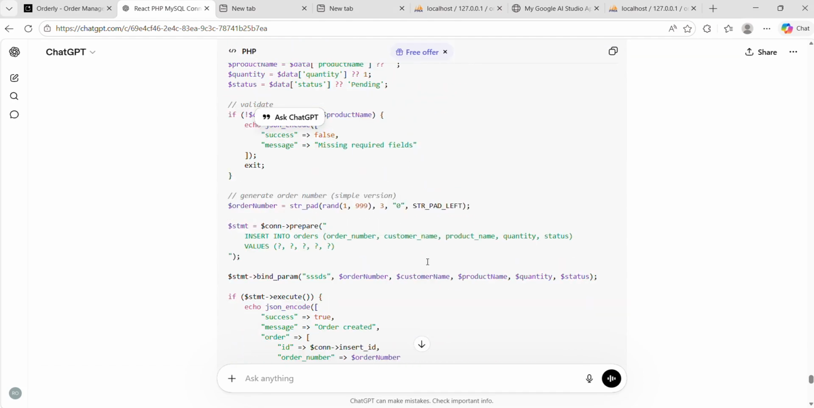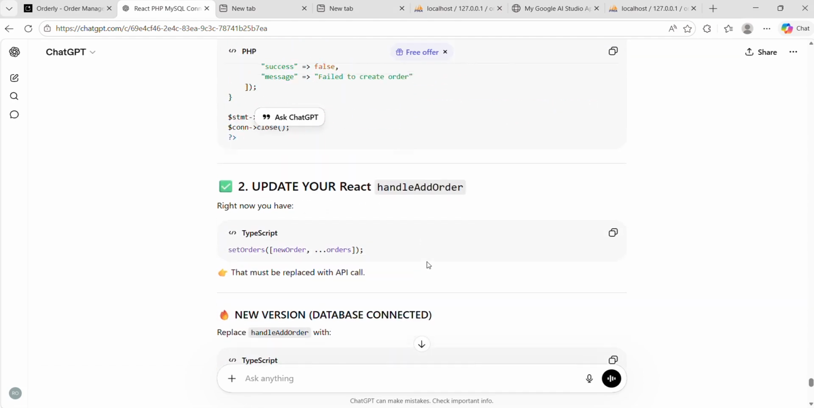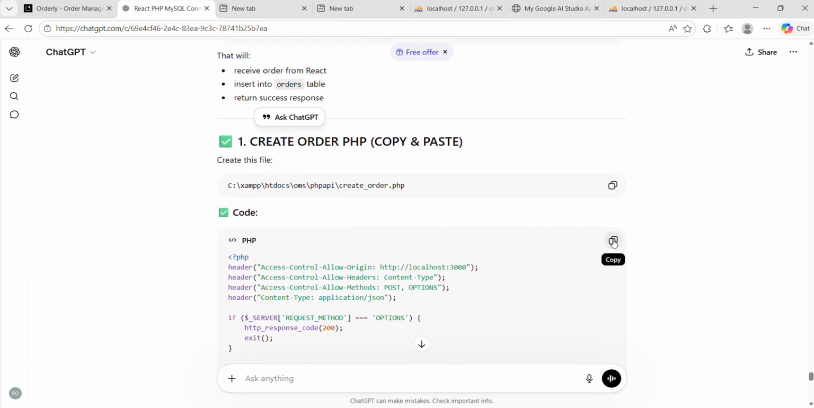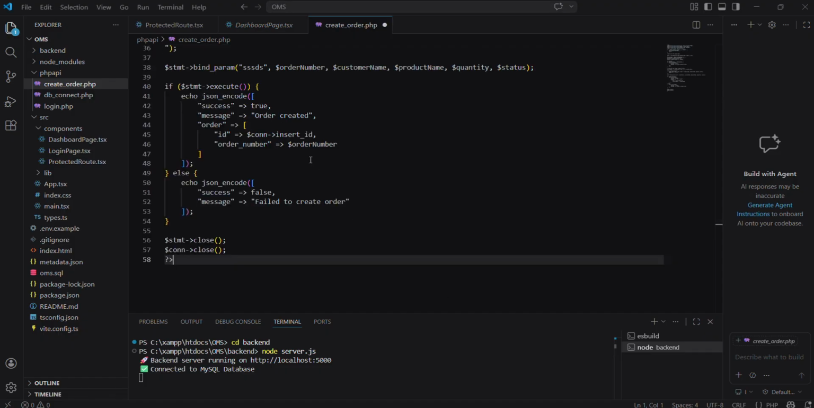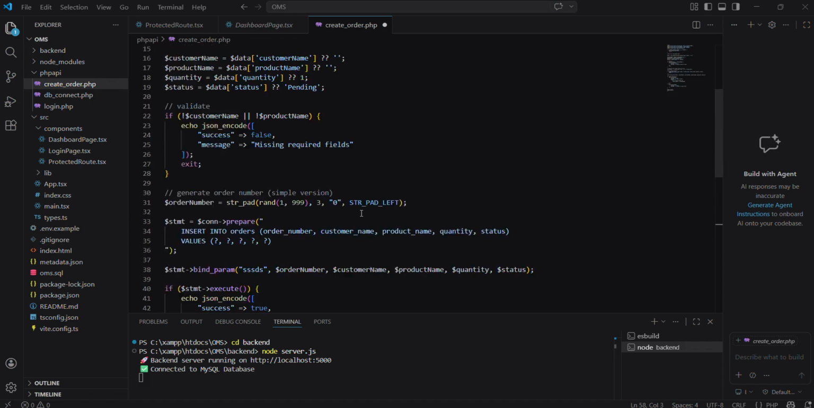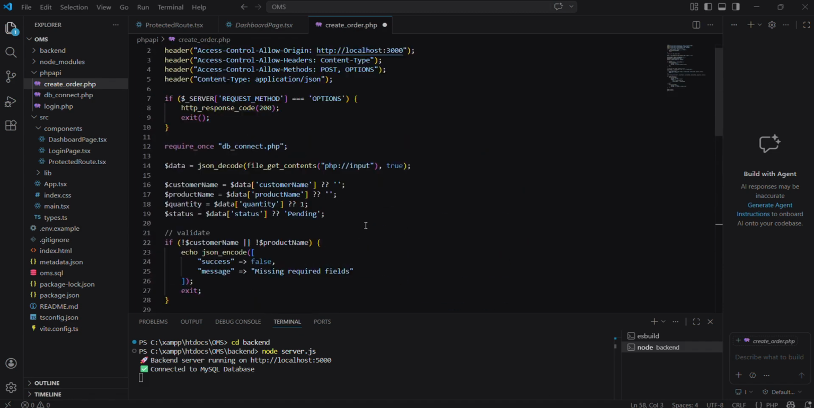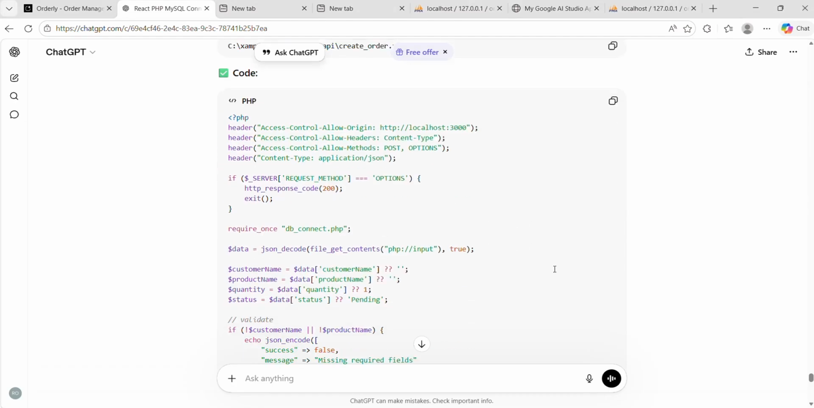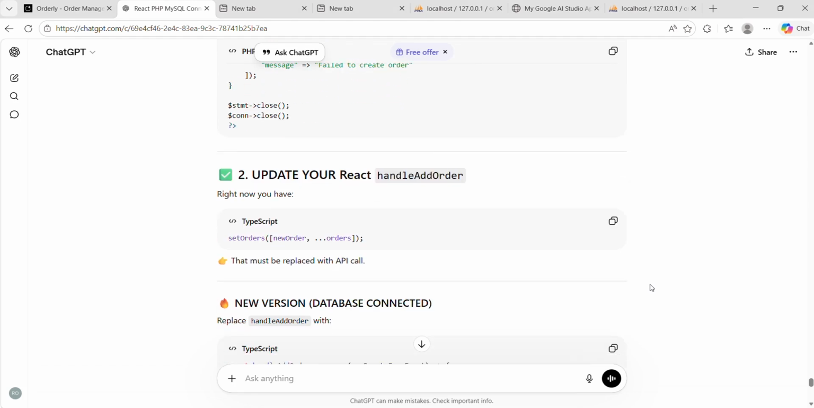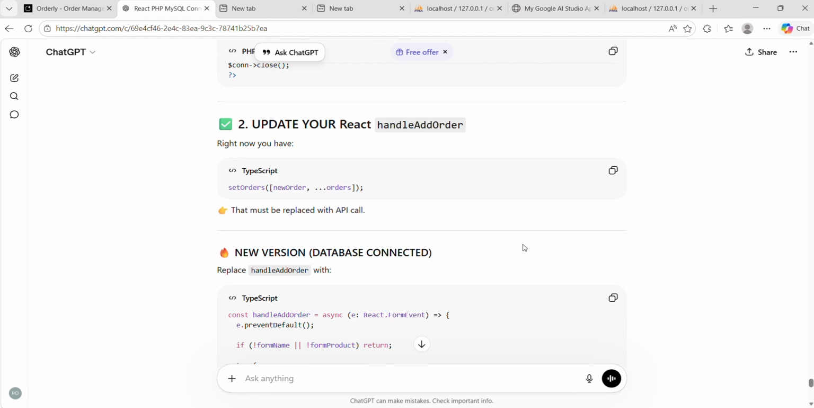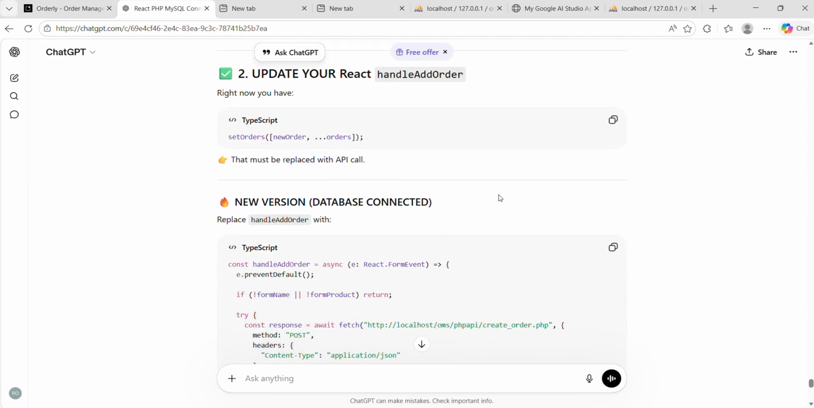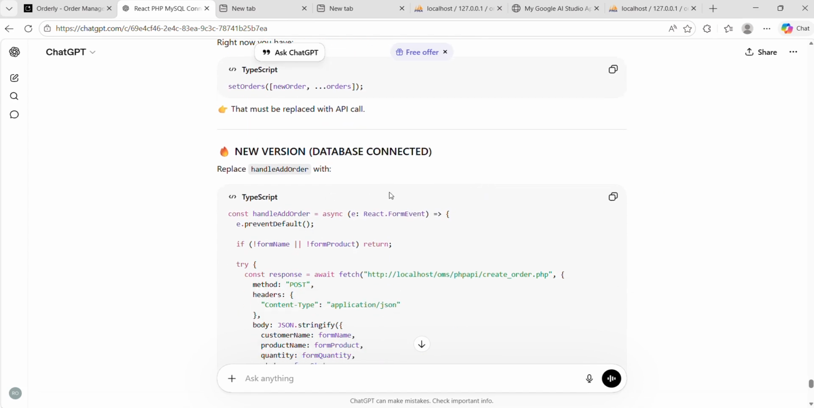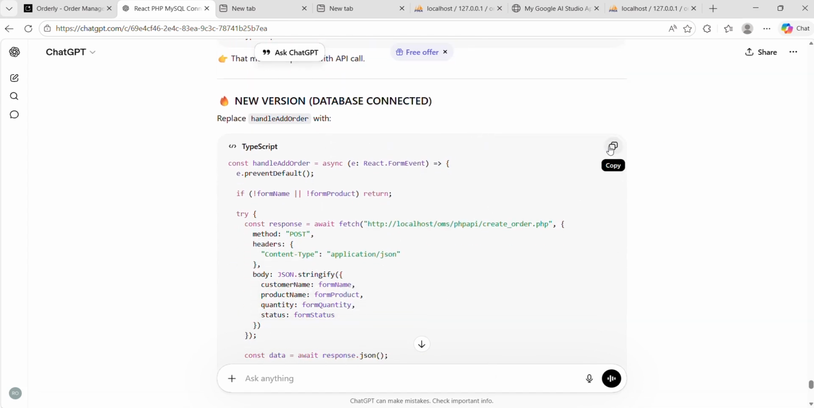Here's the code. Let's see how it is. Yes, let's copy the code. You paste it. All you do is just check if everything is good, just to make sure everything is running nicely. You go back, you continue reading. What are they saying? Update your React handle add order. Right now we have this. That must be replaced with an API call. Replace handle order with this. So you go back, copy this,